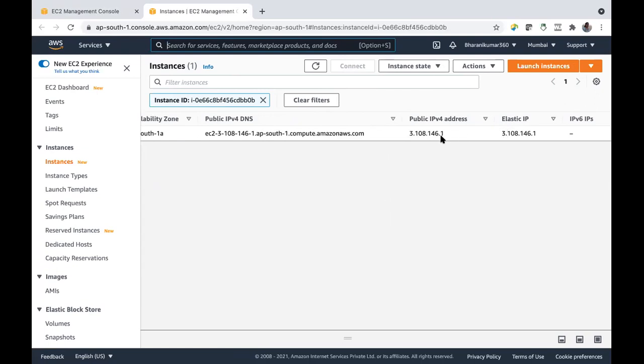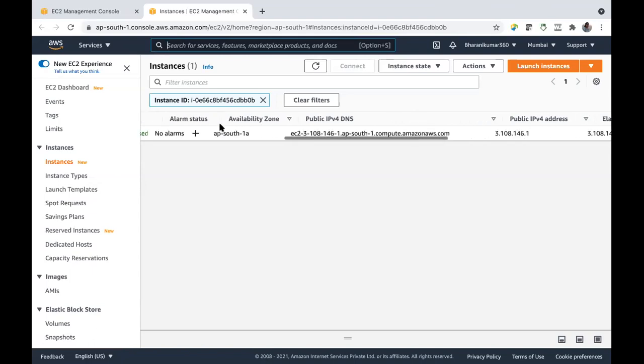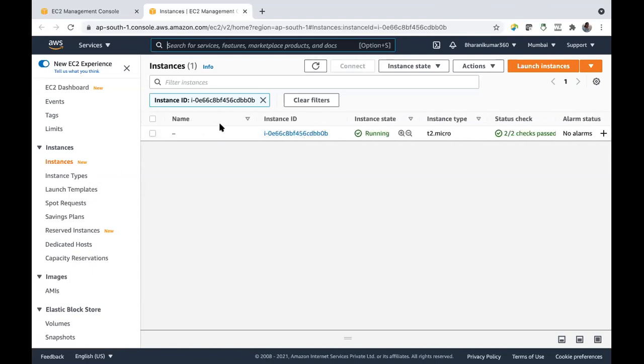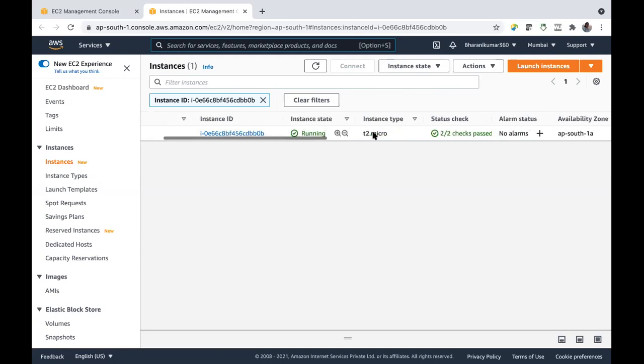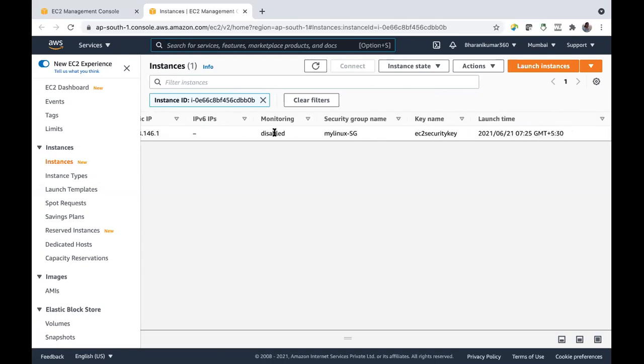If I again start and stop the instance, that means you are shutting down your computer and starting again, I'll get the same IP address every time. That is elastic IP, a static IP for your instance. And coming to elastic IP pricing, if your instance is in running state, then AWS will not charge for this elastic IP.